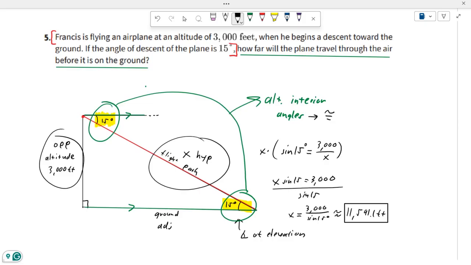Now, that's my answer. And if that answer is good for you and you want to move on, go ahead and move on to question 6. That's fine. I'll be there in just a minute. If you're looking for an alternative way to solve this problem,